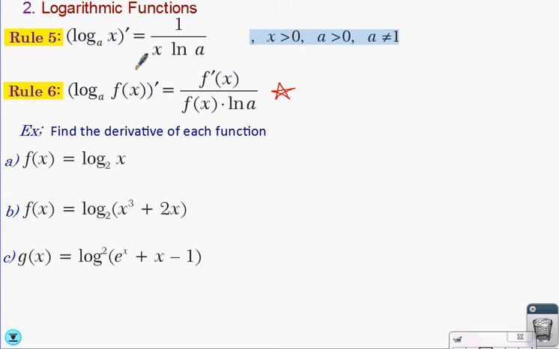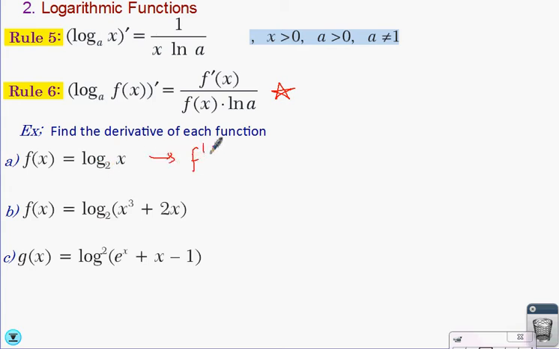When you are given log, the base, a number like 3, 4, 5, and a function over that, if you want to take the derivative of it, it equals the derivative of the function part over the same function as it is, times ln of the given base. So in this place, the derivative of x should be 1. So this rule is shortened over there. If you continue with this example,